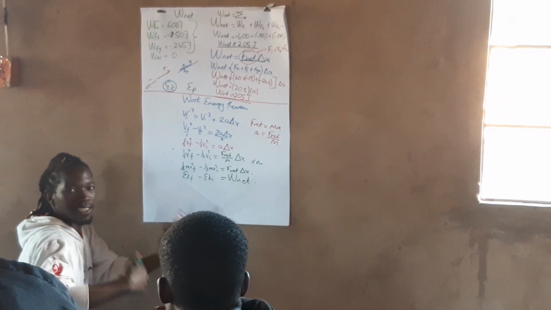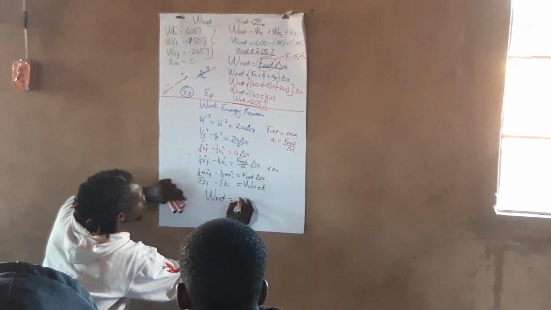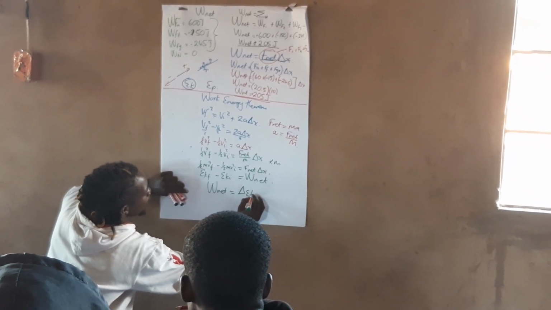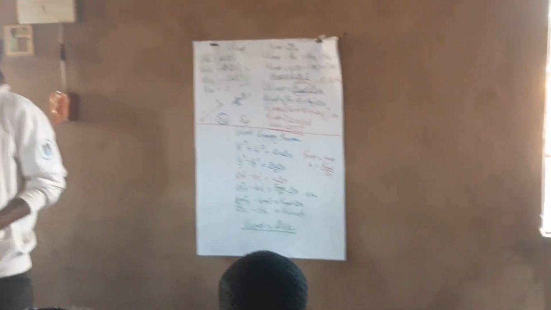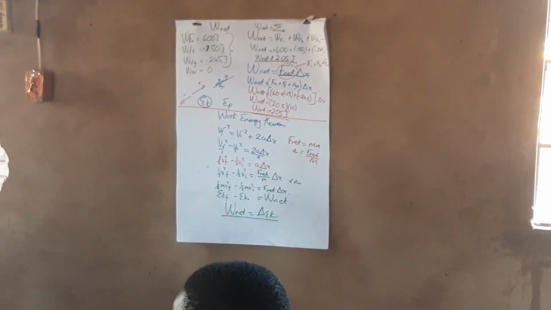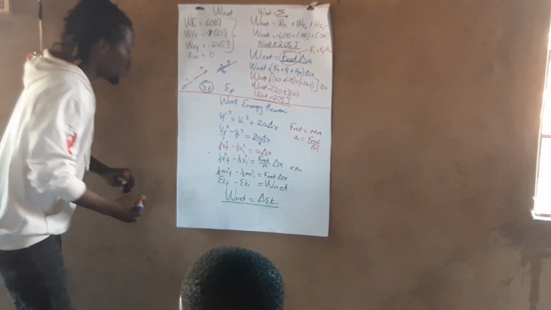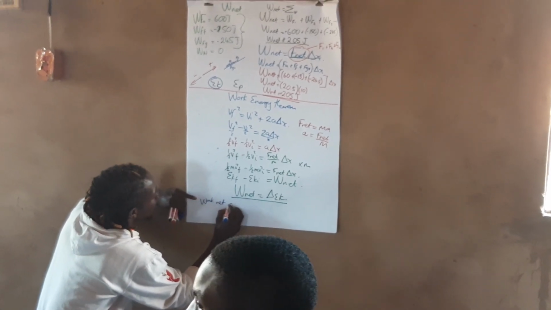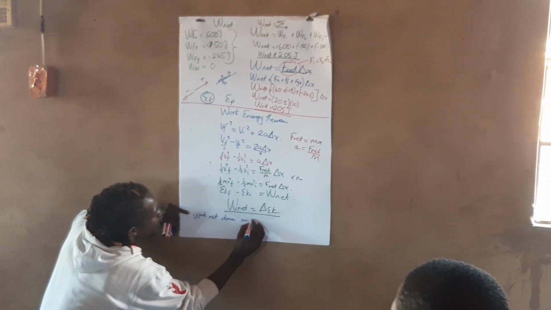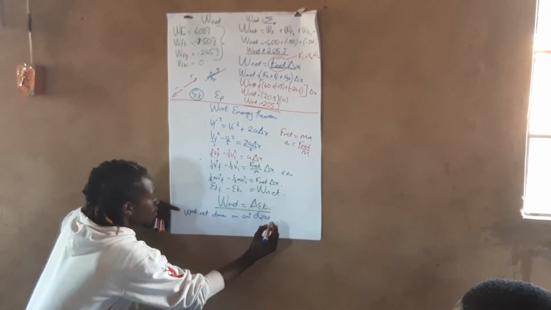Final minus initial is the change in something, right? So it means that our work net is equal to the change in EK. This is the standard work energy theorem. It says that the work net is equal to the change in EK. So how can we put that in words? We can put this in words as the work net done on an object